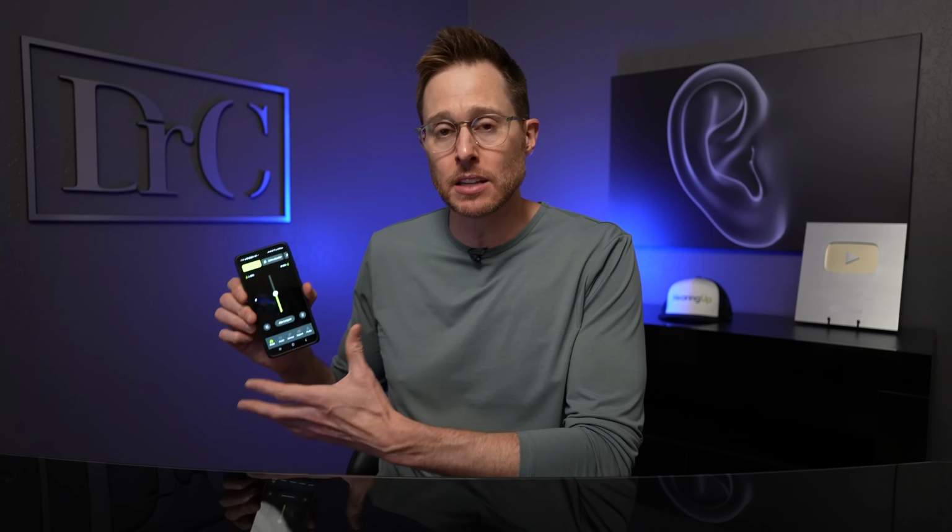I will probably have another review video of the app independently of the hearing aids, but for right now, just know that it's very similar to the previous generation app. Of course, all of that aside, the thing that you're really here for is how good are these hearing aids in background noise, right? Well, the key difference between the Phonak Audeo Sphere Infinio hearing aids versus the other Infinio